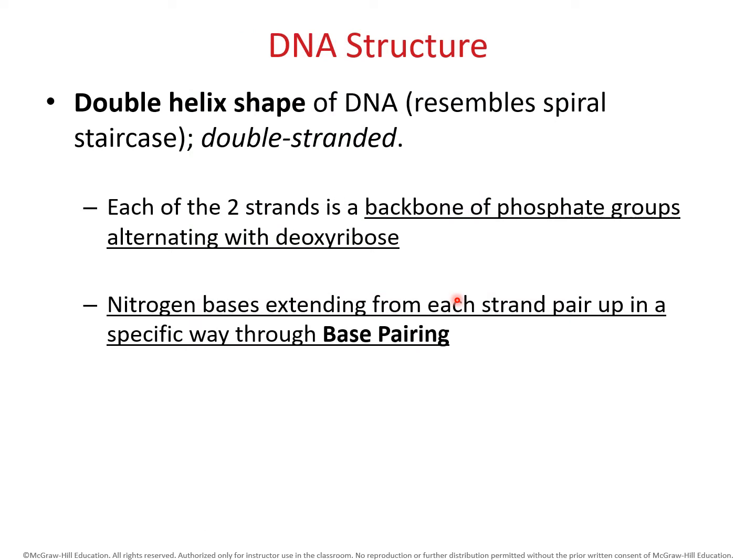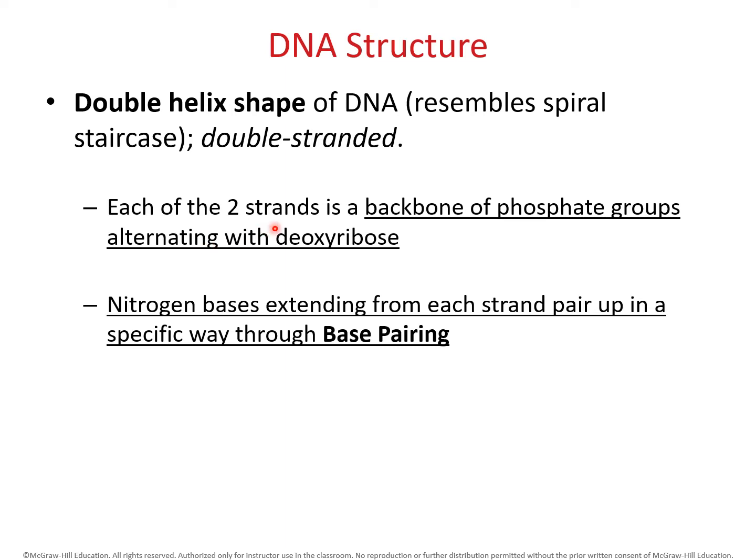More on the DNA structure, the structure of this molecule. You might remember, because we talked about this in chapter 2, a little bit about DNA. You might remember that DNA takes on a helix shape, a double helix shape, and it kind of looks like a spiral staircase. DNA is double-stranded, and so those 2 strands will coil and give it this helical shape. And we're going to see a picture of this here in a minute.